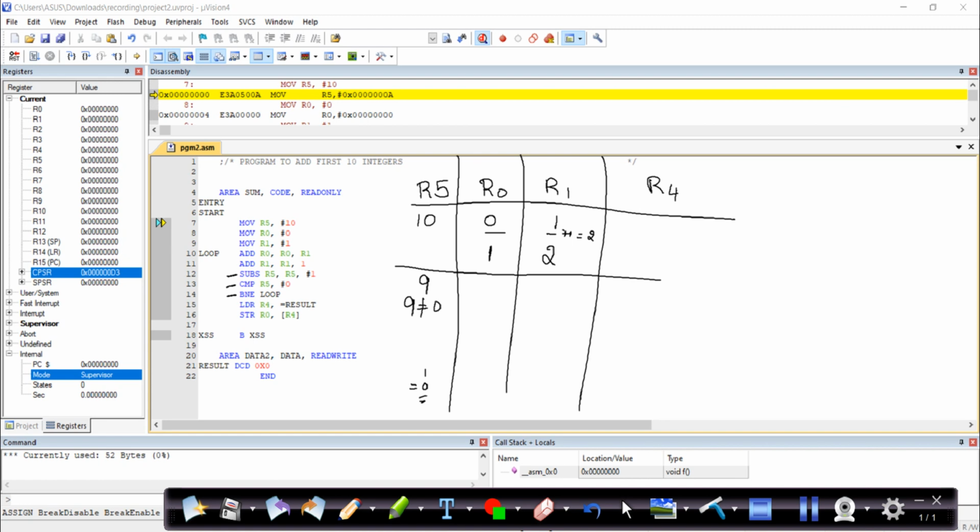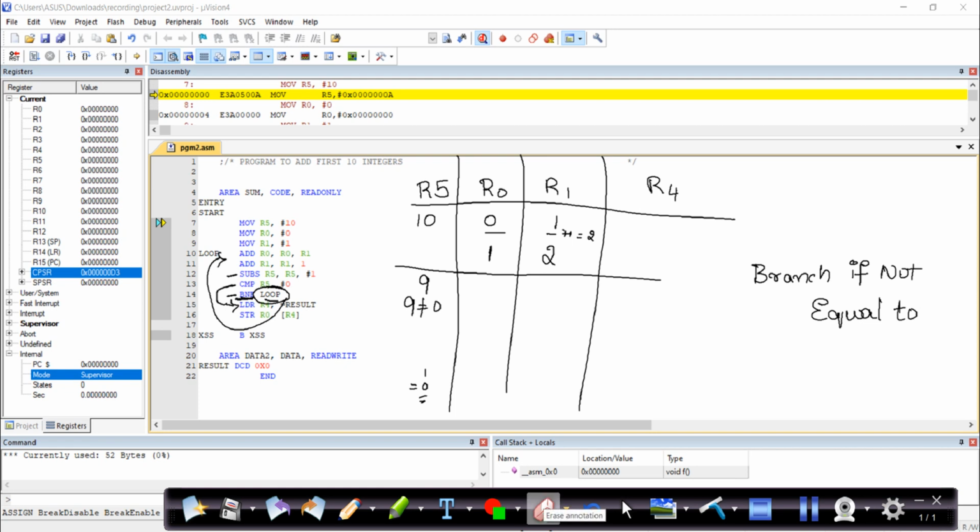The next instruction is BNE loop. BNE means branch if not equal to. If it is equal, then your instruction will directly jump to the following line. Since it is not equal to 0, only if the previous condition is not equal, then go back to this particular thing. Where does it have to go? It has to enter back into the loop again.